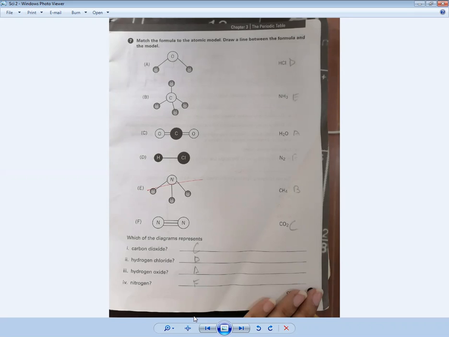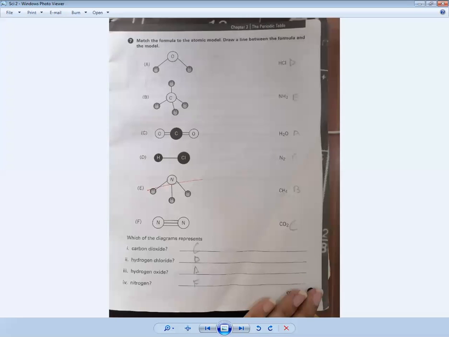And I told you in my previous lecture that NH3 is the chemical formula for ammonia, and ammonia is made by nitrogen and three atoms of hydrogen. This is a very important compound for our fertilizers, which we use to grow our crops. So our crops need plenty of nitrogen and hydrogen.